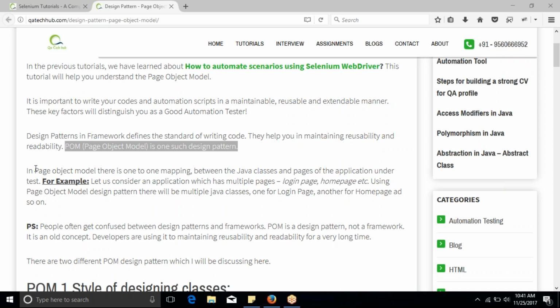Okay, now what does POM stand for? POM stands for page object model. So this page object model, it's not a new concept. It's a very old concept which has come from developers only. Okay,